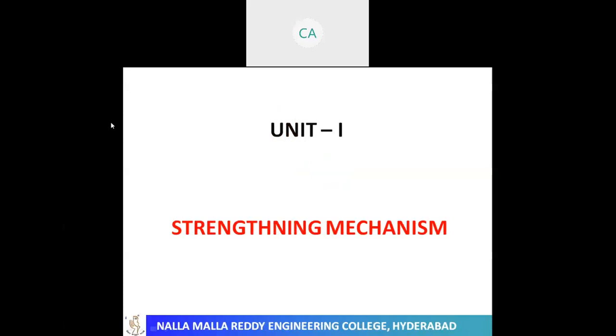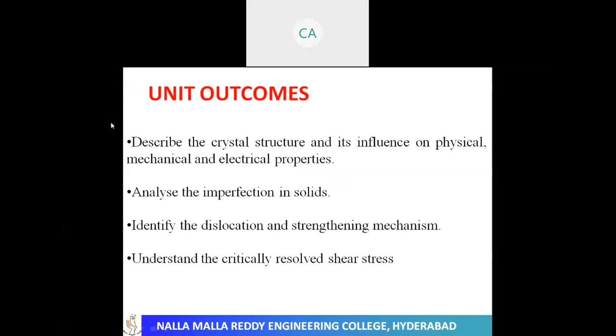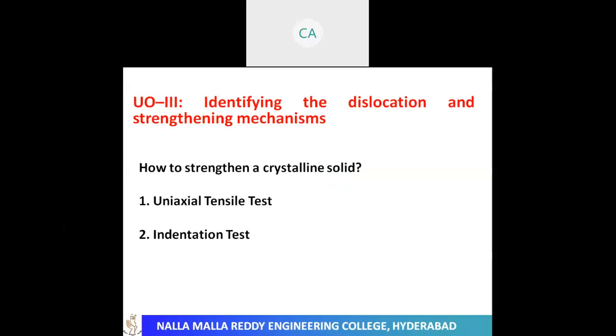In this video, we will be discussing the first chapter, Unit Outcome 3, that is, identifying the dislocation and strengthening mechanism. Let us discuss an important topic in material science called strengthening mechanisms. Essentially, the question is how to strengthen a crystalline solid. By strength here, we mean the mechanical strength as measured